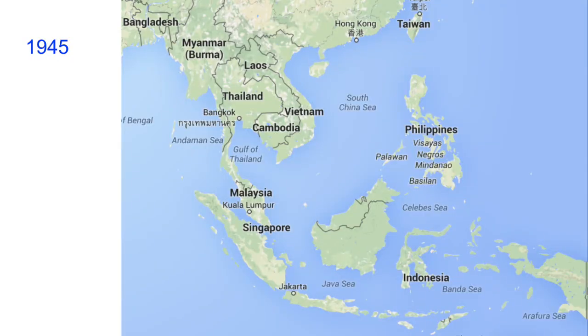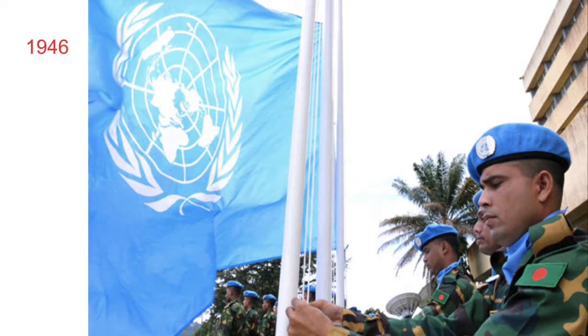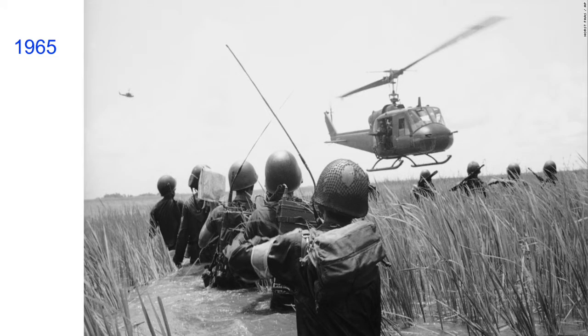1945, the end of World War II results in Thailand having to give back land it took during the war. Specifically, Thailand has to give land back to Laos, Cambodia, and Malaysia. 1946, Thailand joins the United Nations, becoming the 55th member. 1965, Thailand allows American forces to use its bases throughout the Vietnam War. Similarly, Thai soldiers fight in the southern parts of Vietnam.